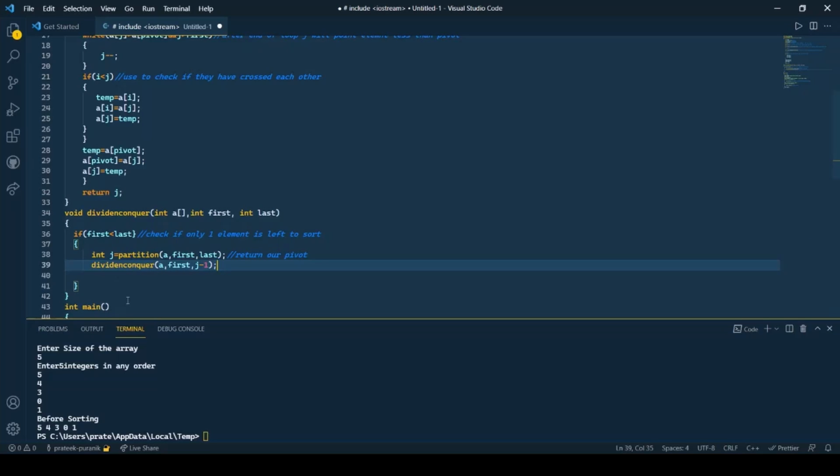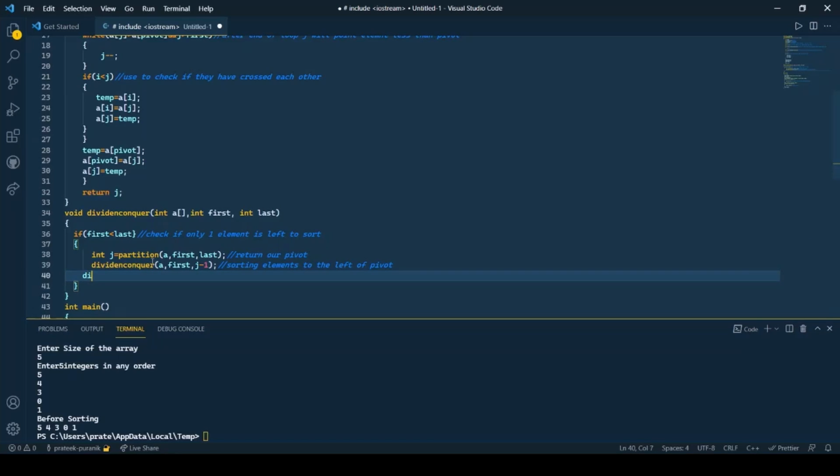So over here we are passing the array, first and last, meaning first over here would represent first itself and j minus 1 over here would represent all the elements to the left of the pivot. So over here we are sorting elements to the left of pivot. Okay, and after that we also need to sort the elements which are to the right.